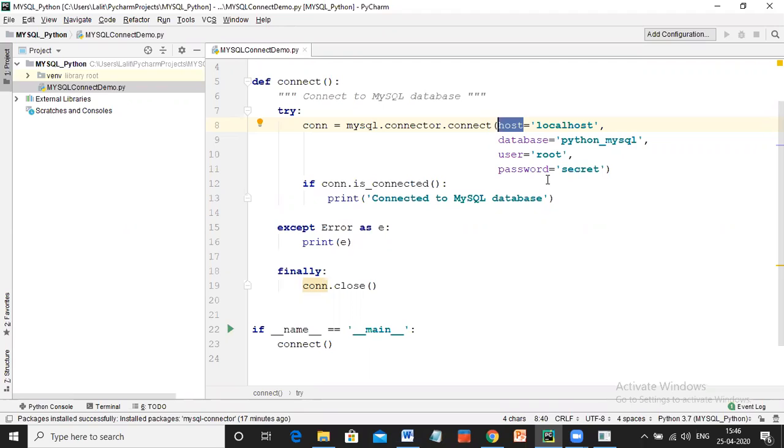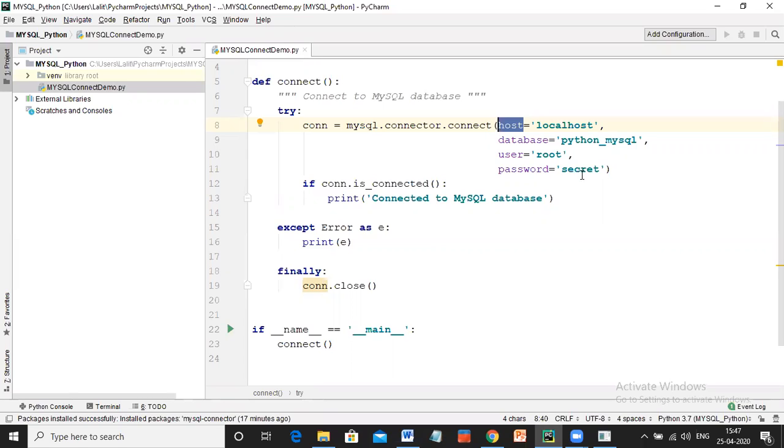You need to say localhost, meaning you are telling the MySQL connector that there is a MySQL server, MySQL client, installed on my machine. So please go to that particular MySQL server client, check for a database inside it, that is python_mysql, and try to give a connection having authorization in terms of username, root, and password.